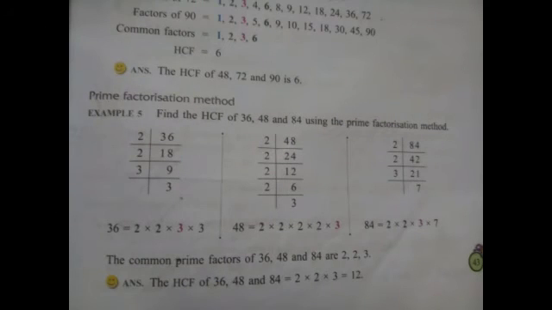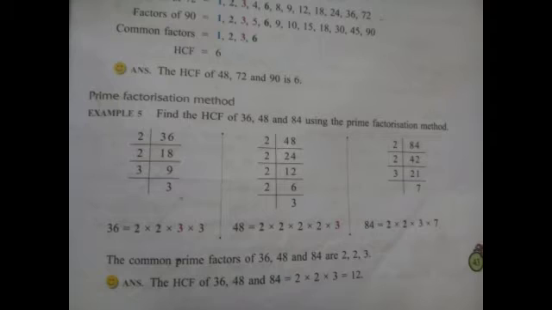The second method to find the HCF is the prime factorization method. Listen, children, both are the same. We are going to find the HCF, but by a different method. The second method is the prime factorization method. Take the first number, 36. 36 will come in the 2 table. How many times? 18 times. 18 2s are 36. Next, 18 will again come in the 2 table. So 9 2s are 18. Next, 9 will not come in the 2 table.